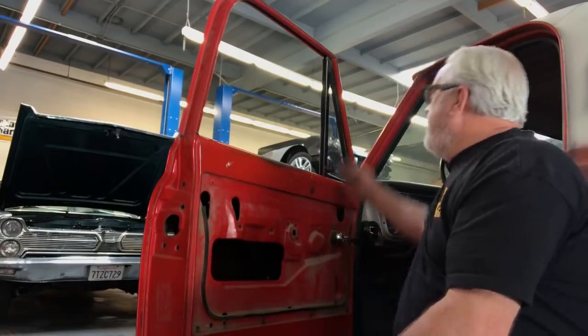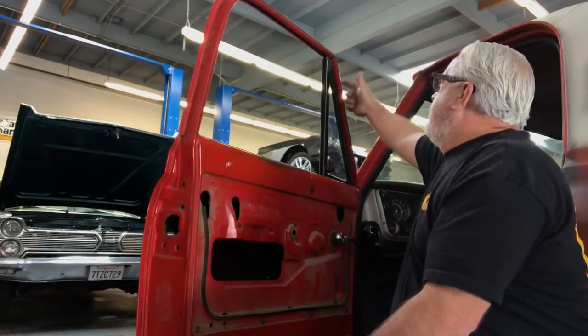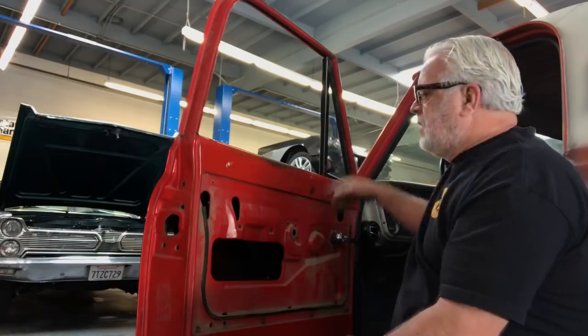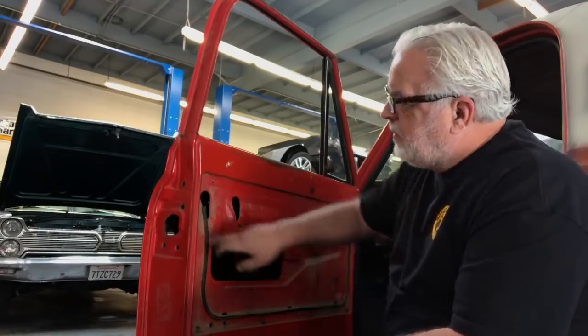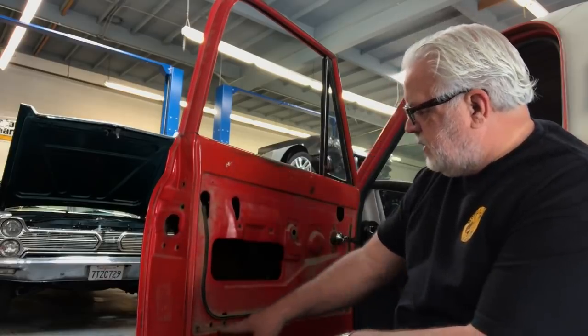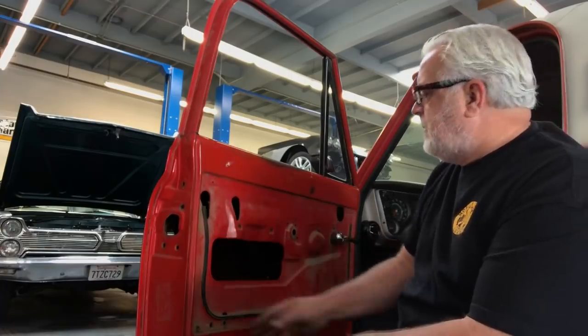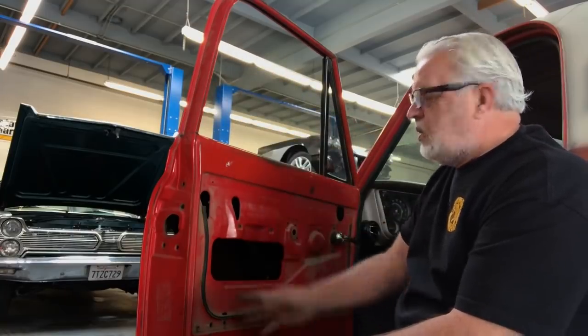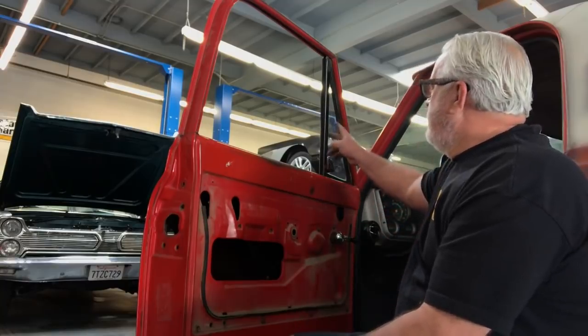Take out 2 screws at the bottom of the window wing channel and Phillips head screws on the front. Before you remove that, take those screws out. With the window rolled up, take out 1 Phillips head screw here, 2 here, and remove the rear window channel. It's made of metal. You have to kind of pull the seal off. You can plan on breaking the felt. If it's original, this thing's going to break and fall apart, so plan on replacing that if you do go that far into this. Once you do that, you can remove this very easily,